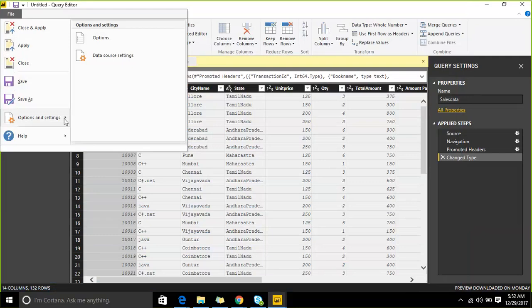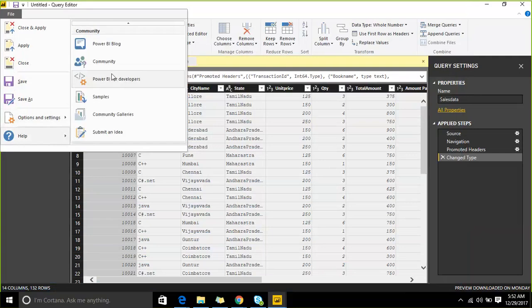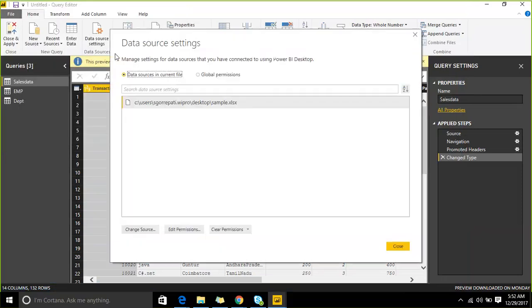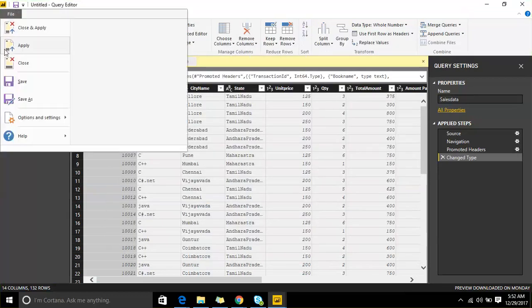The Options and Settings and Help tab are the same as whatever we observed. In Options and Settings, you have a Data Source Settings option. So data sources, whatever you are connected to, or global permissions are nothing but whatever you are connected through Azure. Okay, cloud sources will be available over here, but anyway we'll see as part of data sources. And the other option settings,